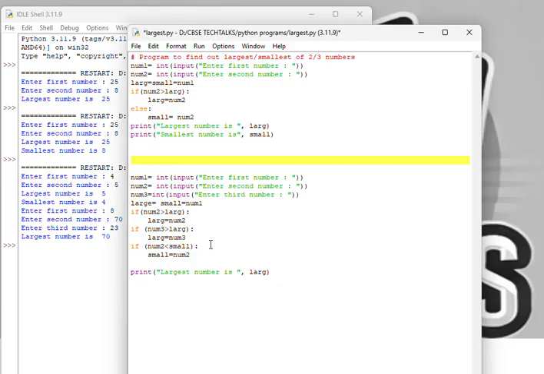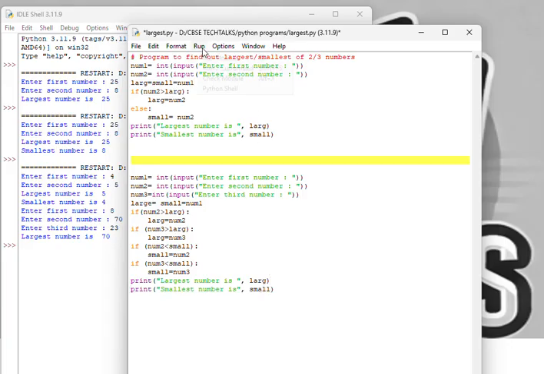Again one more check is to be done. If num3 is less than small, then the value of small is to be assigned num3. I think it's clear to everyone. And then the smallest number will be displayed. I'm copying this only because we can copy here, not an issue.